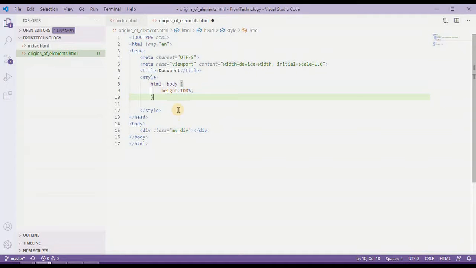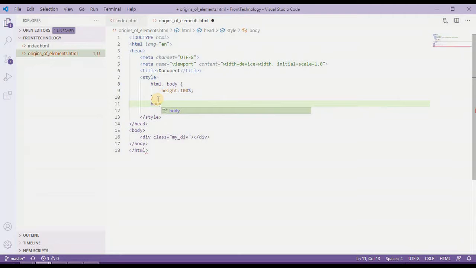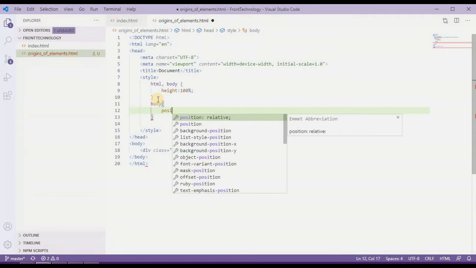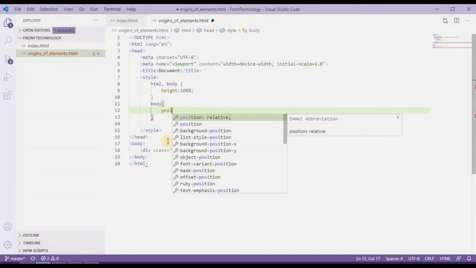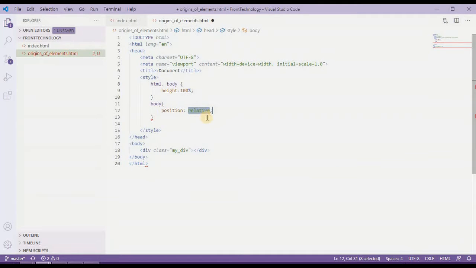After that, for body I'll take the position relative, because we need to provide this div's position as absolute, and this works if the parent element's position is relative. In this case the parent element is the body element.